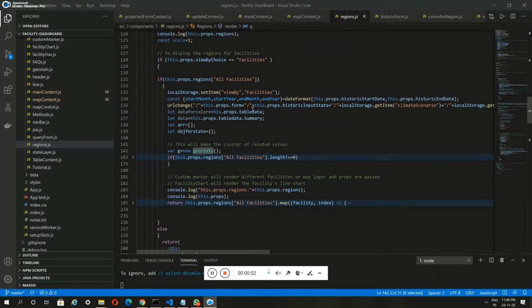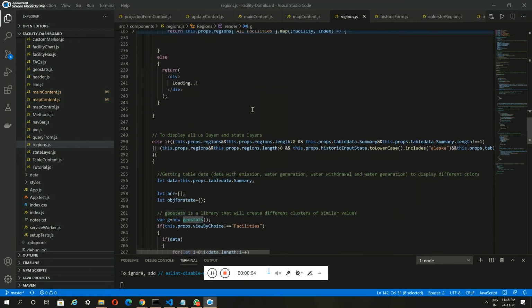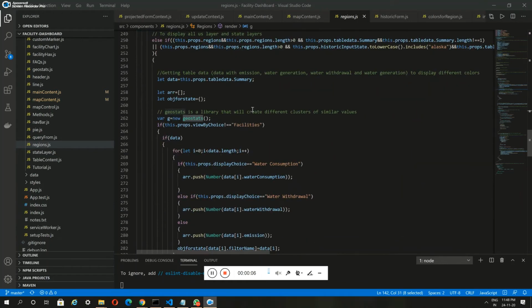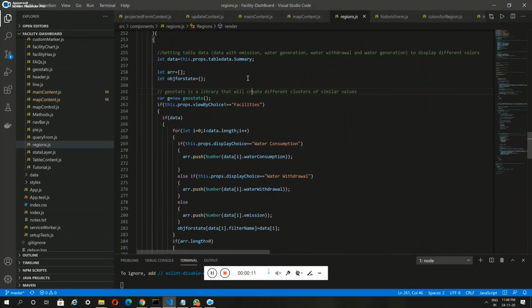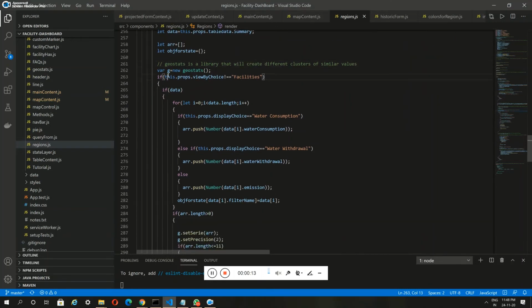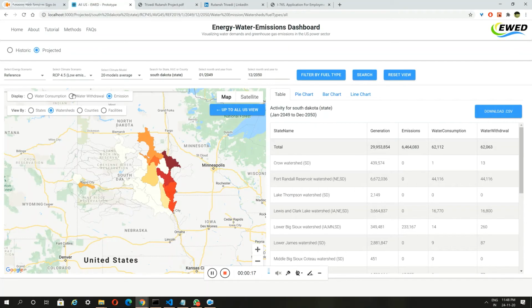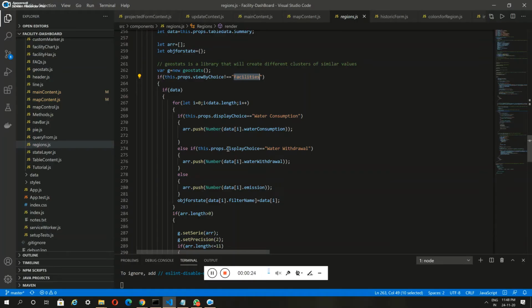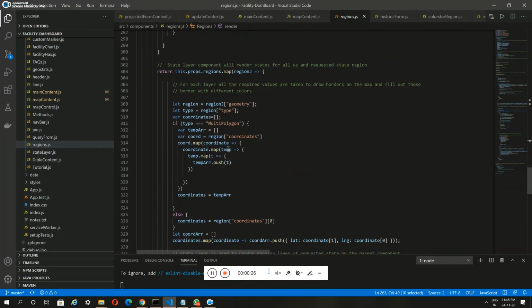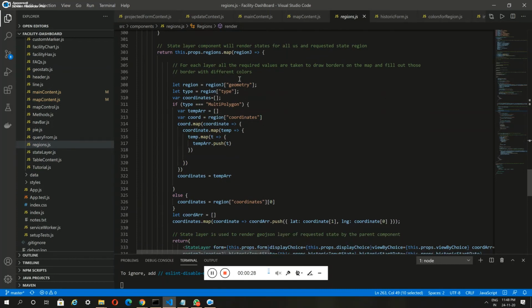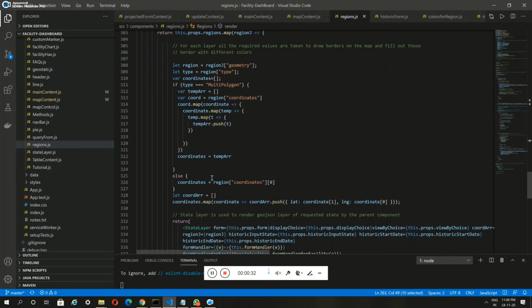Now, if the particular view by choice is not facilities, then we know that we need to render either the all US layer or the state layer. For example, if the view by button is not facilities, then we need to render either the state layer or the all US layer. At that time, we take the GeoJSON data that I have received from the parent component, and based on that GeoJSON data,